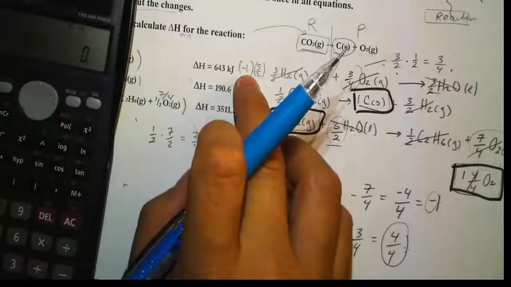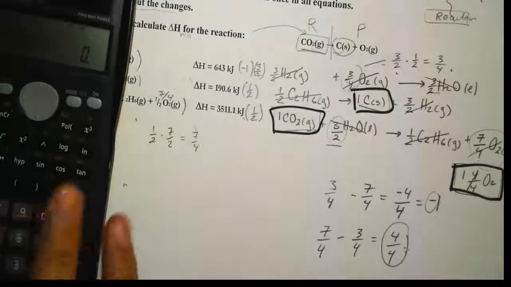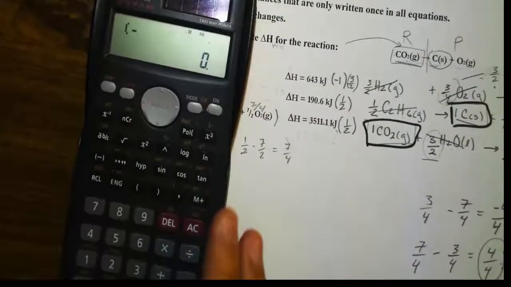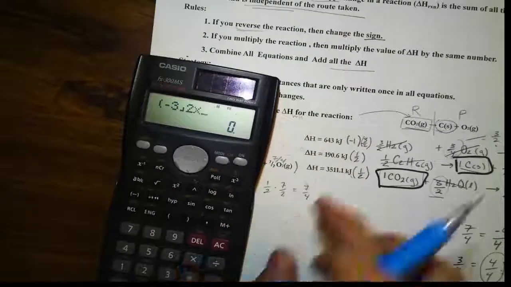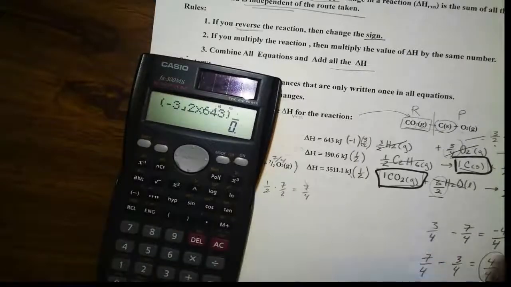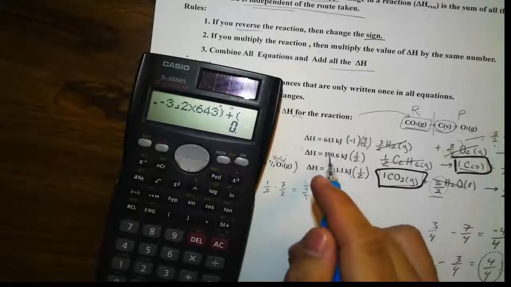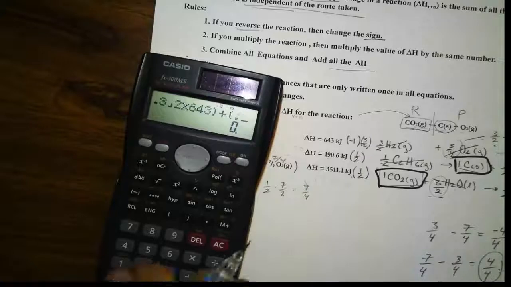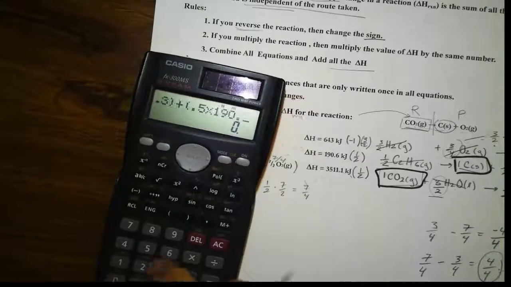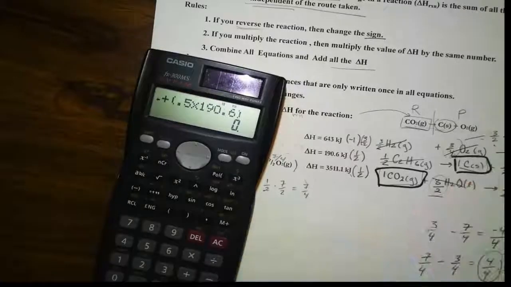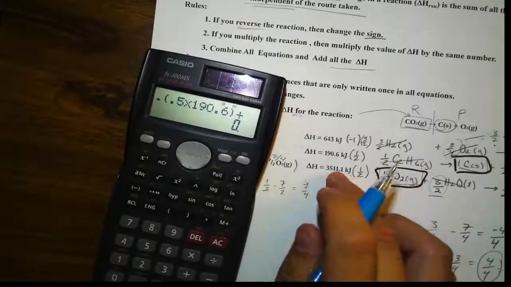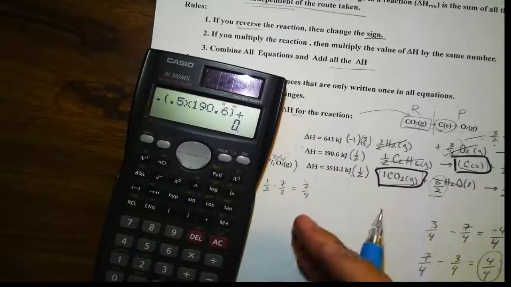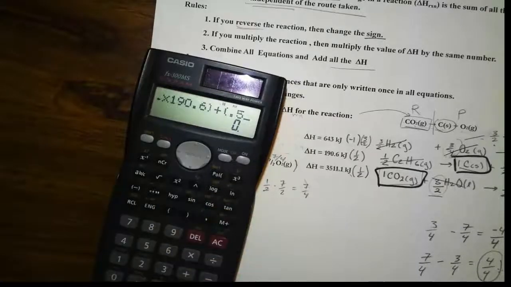643 times -1 times 3/2. So we can use the negative signs right there, okay? So just to let you see over here, negative sign, 3 over 2 times 643, that's 1 set. Then we add, remember, add all the delta H, we add them together. The next set is this number times 1/2, which is 0.5, so we can say 0.5 times 190.6, okay? Notice how I don't have to rewrite the number if you know how to use parentheses right there. And then the last part is just add, of course, this number times 1/2, remember, we multiply by 1/2. So 1/2 is 0.5 times that number